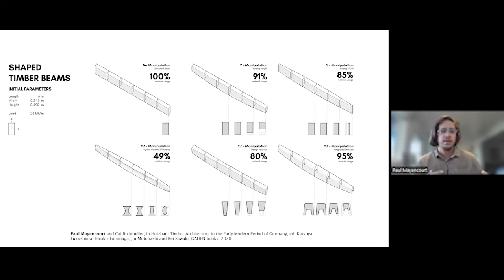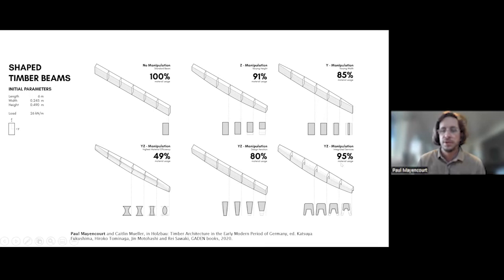But it's more about, this is an option, and you can also have agency about how you want to shape the elements. And you can have different manipulations, some examples that you can see here, where you can have a bit of agency on the section shapes and also how much modification you want. So sometimes it's not about having the most efficient elements, but about having something that also looks a bit different and more interesting. It can fulfill different functions in the building.